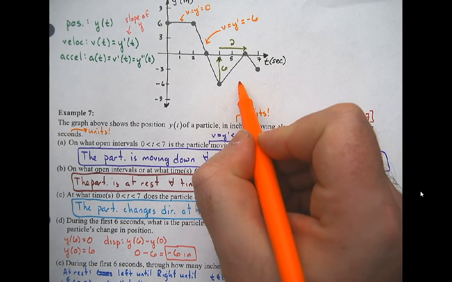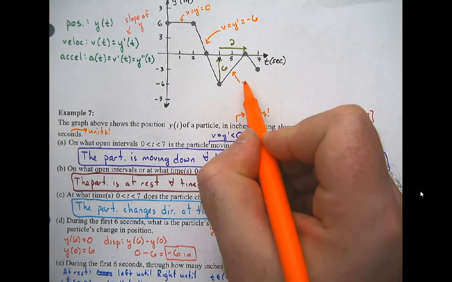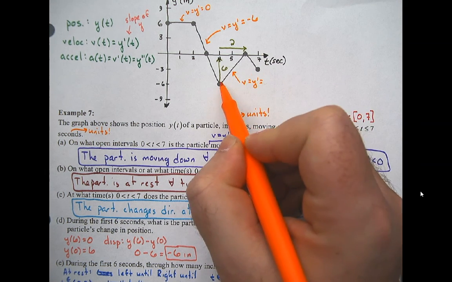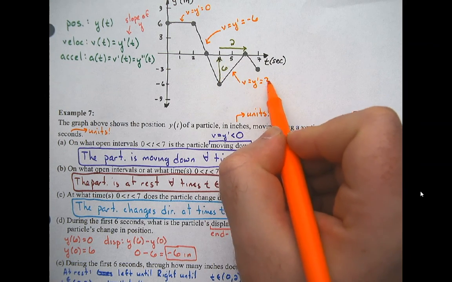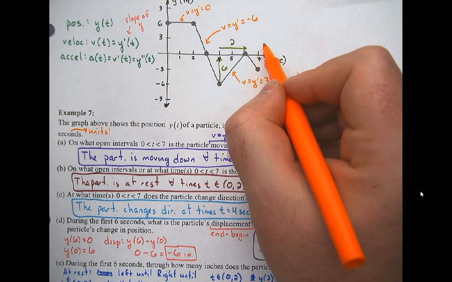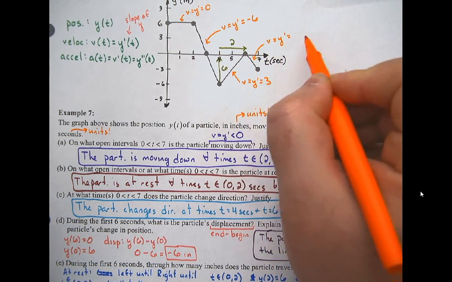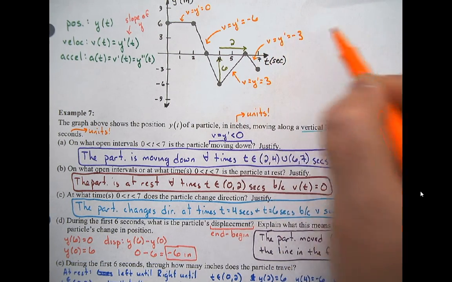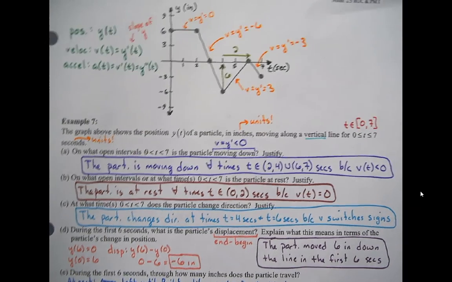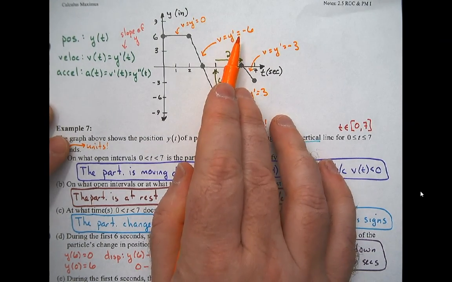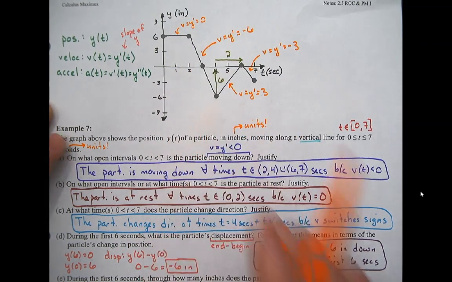In here, my velocity, which is the derivative, is equal to, well, we just did that, it was 3. And then in this section, my velocity, which is the derivative, is negative 3. So if I take the absolute value of all these velocities, which number is the biggest? It'd be this one right here. So from times 2 until 4,